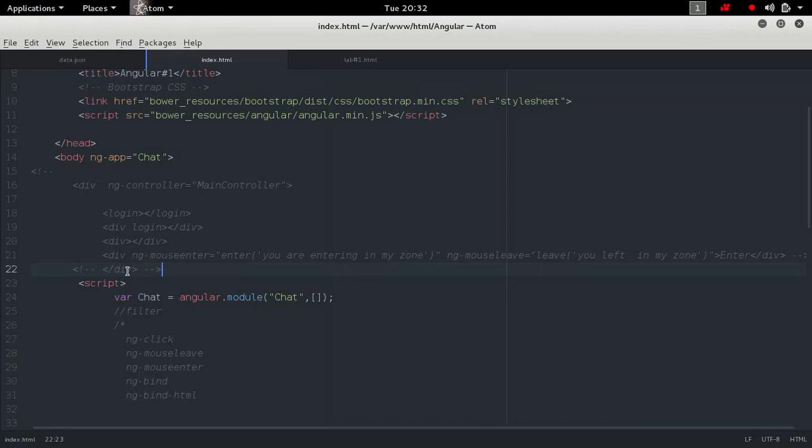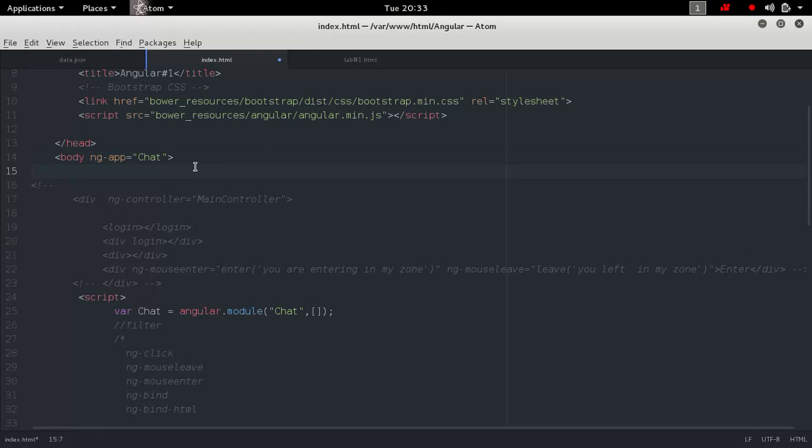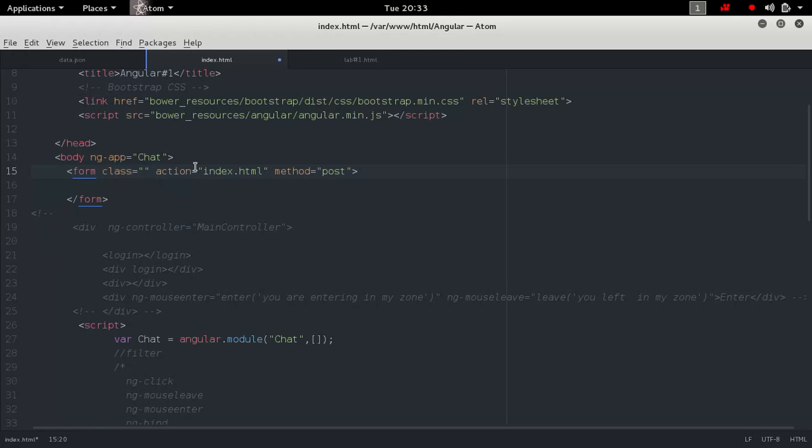Now today I'm going to show you how you can use Angular to collect some data from the form. Okay, now if you may guess, I may be using ng-click when someone clicks on submit. Let me go ahead and create this form, and the form is going to have no class, no action, and the method will be post,